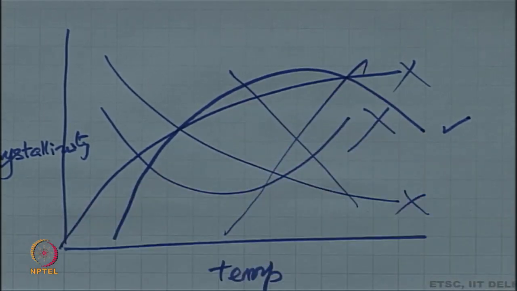Because unless and until you are going towards melting temperatures, going close to the melting, only then you can expect crystallinity to go down, because then the crystals that have been generated will also melt, all right. So, if we are looking at temperatures in the range in which material is softened enough, rates are high enough, crystallization can take place, and if we just recall what type of temperature we are talking about, heater temperature, which is quite close to the temperature where the rate of crystallization is higher, all right.